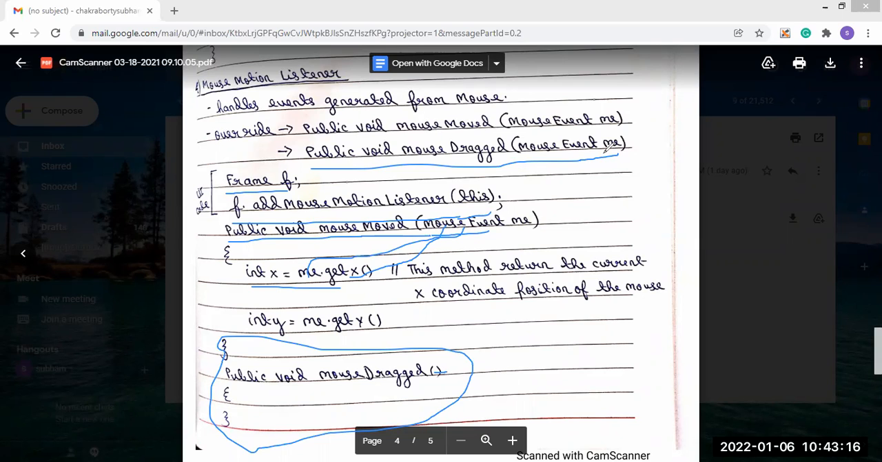Now this event handling has a disadvantage. The disadvantage is that whether you require them or not, all the methods should be overridden. This is the problem and the disadvantage of using listeners. So for that reason,